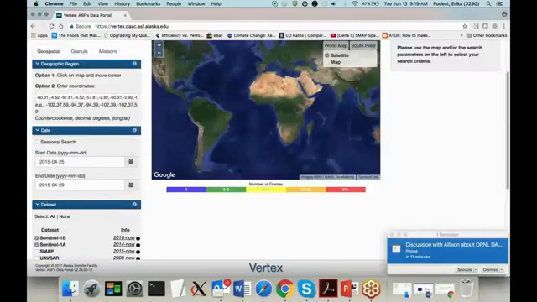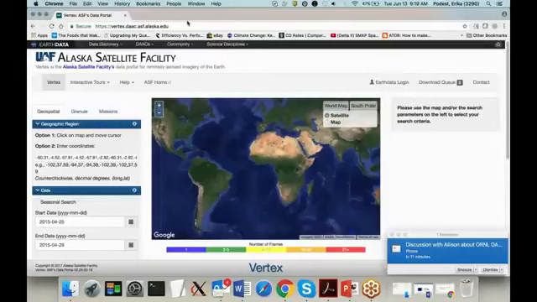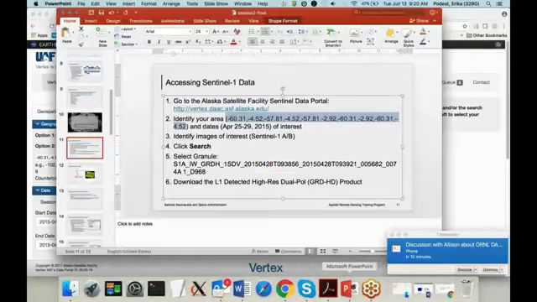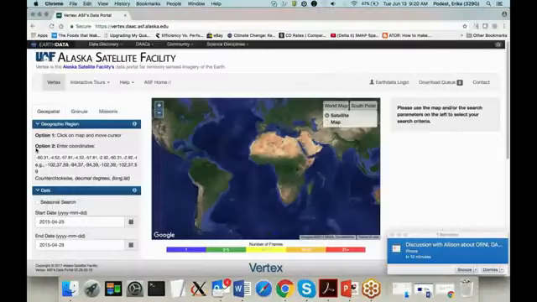Okay, so we'll go to the Alaska Satellite Facility data portal, and this is what's going to pop up. So you select a search by geographic region, and here in option 2, you'll enter the coordinates that were provided in the PowerPoint chart. So this is the area of interest. And this area of interest is located in the Amazon. It's around the city of Manaus, which is a large city in Brazil, in the Brazilian Amazon. So you'll input that in, just copy and paste, and then